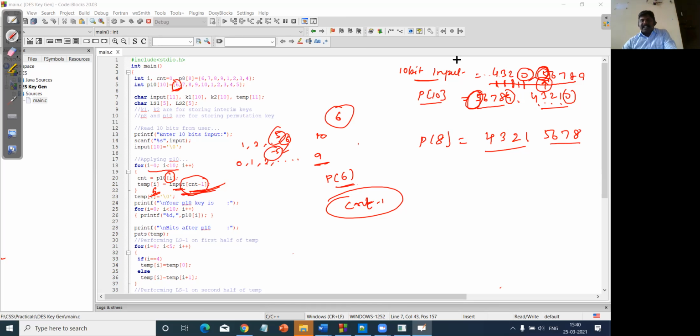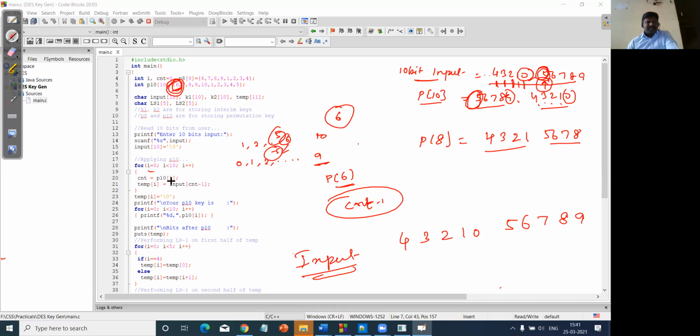So according to the example I was talking about, 4 3 2 1 0 5 6 7 8 9. So what was my value, which is the sixth bit or sixth position, right? So this input value is going to be taken, whatever was given in the input, the input value which has been entered by the user using the printf statement. This is my input value, right?